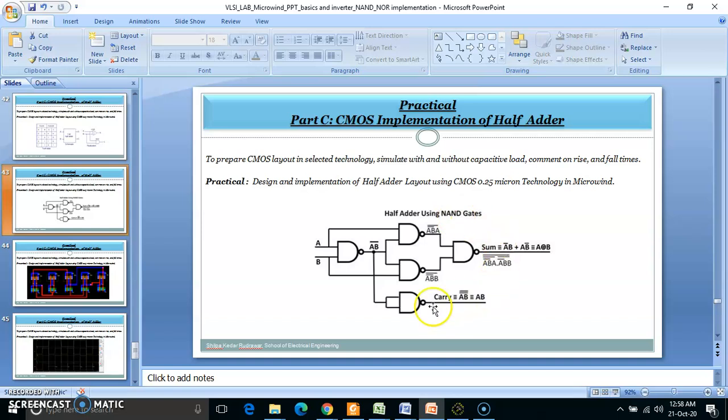So here you can see the structure of the half adder using NAND gates only. Here you can see 5 gates: 1, 2, 3, 4, 5. Okay. So what is the input applied? That is A and B. So the output of the first NAND gate will be the complement of AB, whole complement, that is over here, and I want carry to be A into B. And what is meant by A into B? That is, I want to remove the complement.